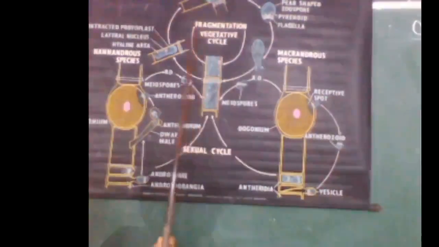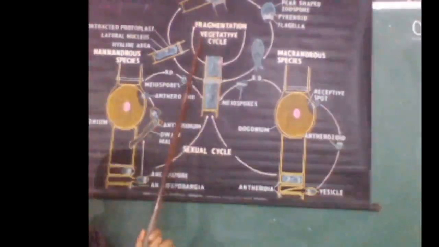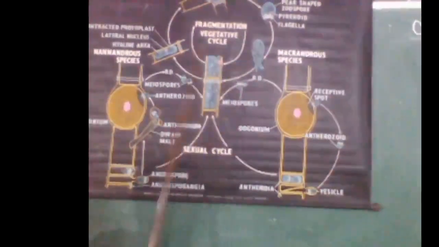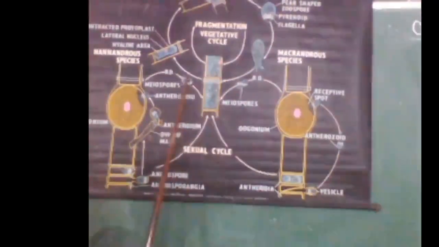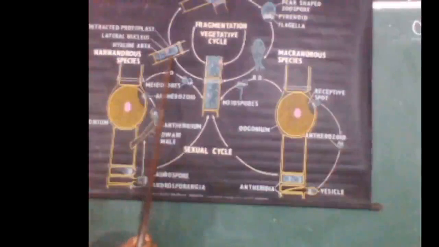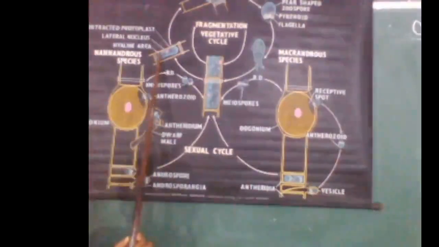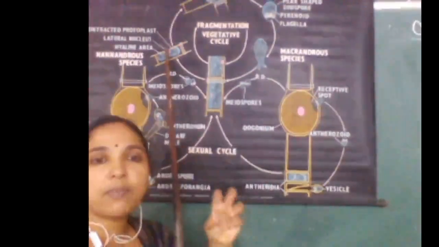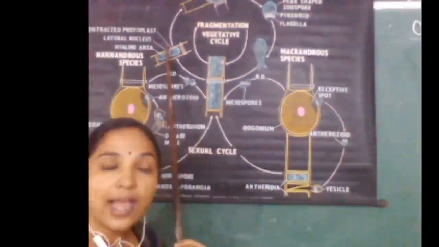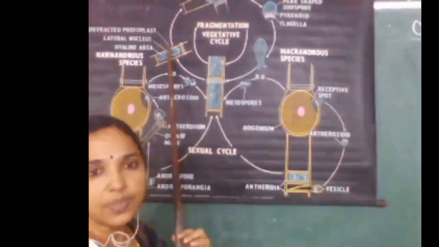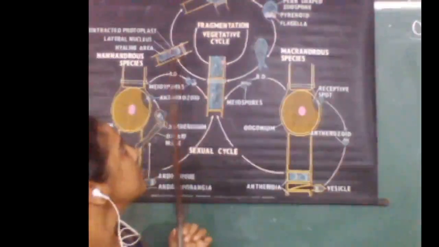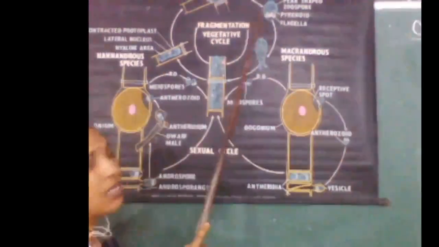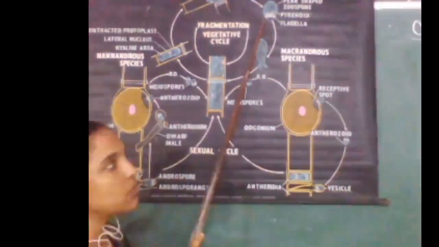Vegetative reproduction is by means of fragmentation, and asexual reproduction is by means of zoospores. These are the zoosporangia, in which the protoplasm contracts and acts as a zoosporangium. Clear? Now the contents split up, divide and produce zoospores. This is the zoospore. See the structure of the zoospore.